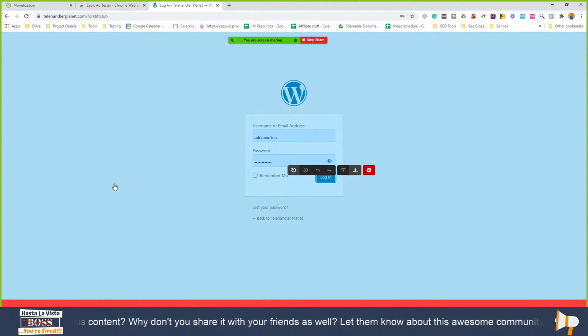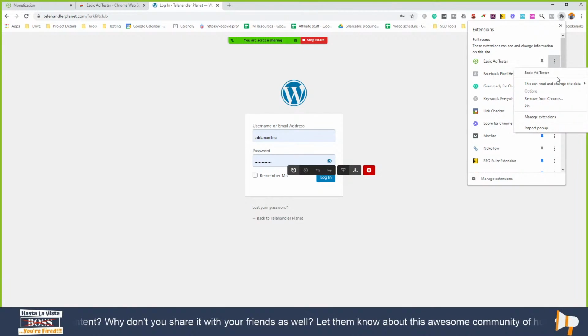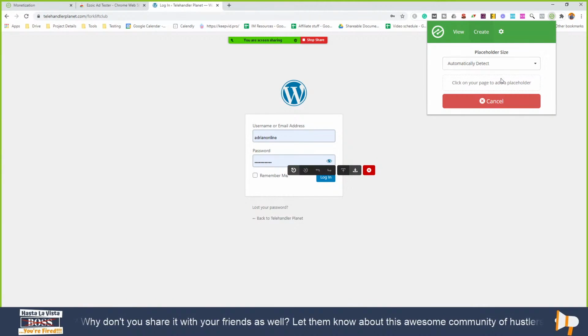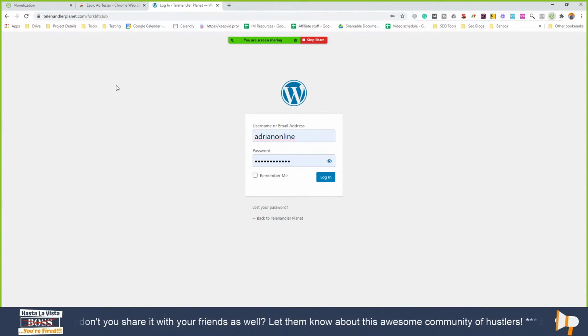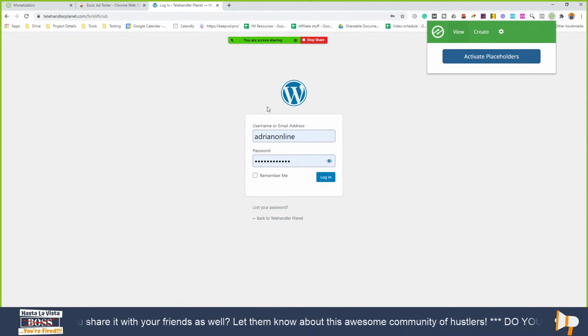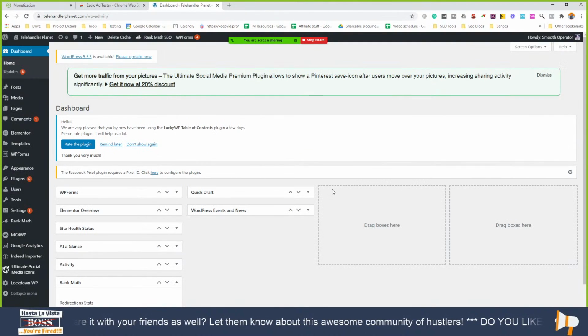So the Chrome extension is activated. So we'll need to deactivate. So I need to deactivate it, right? Yeah. Go ahead and click it. Just click on it, and then cancel, and then deactivate. I see. So now every time you want to work and place your new ads, you come here and activate it. Yeah, it's just important you are not signed in to WordPress when you're using the Chrome extension. Gotcha. Because when you're signed into WordPress, you're editing your site and you probably want to see it without all the ads or anything changing on the page.